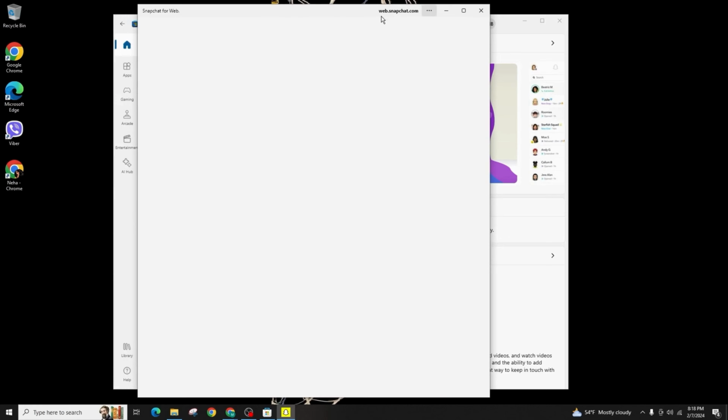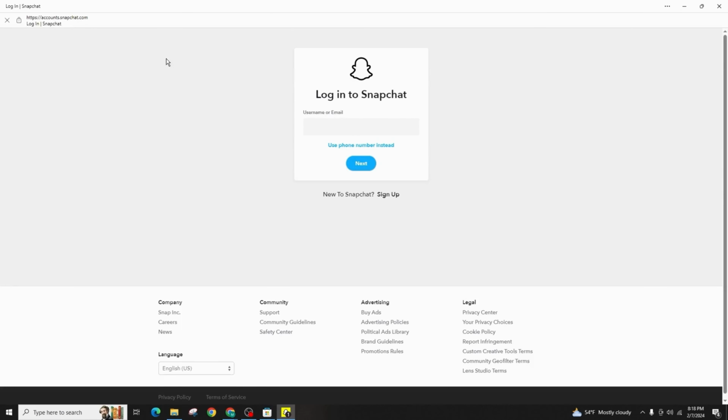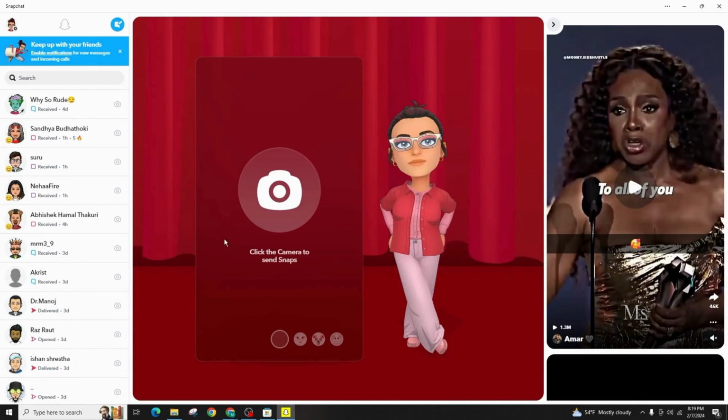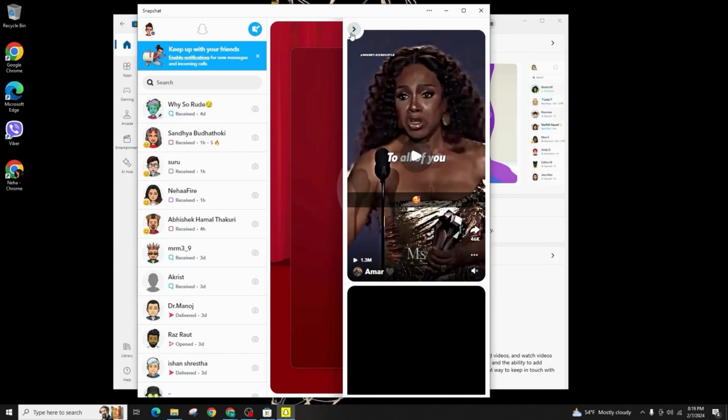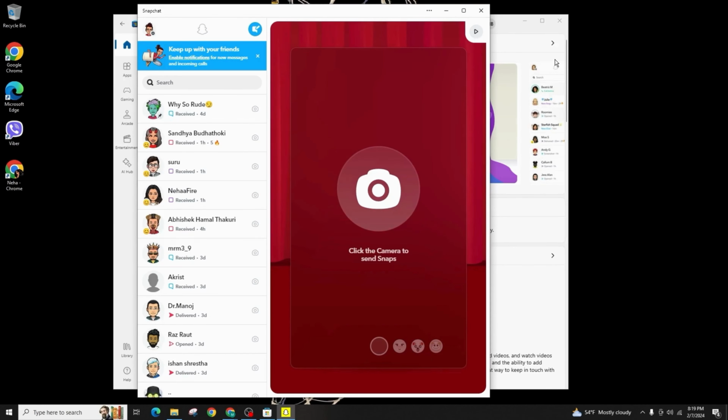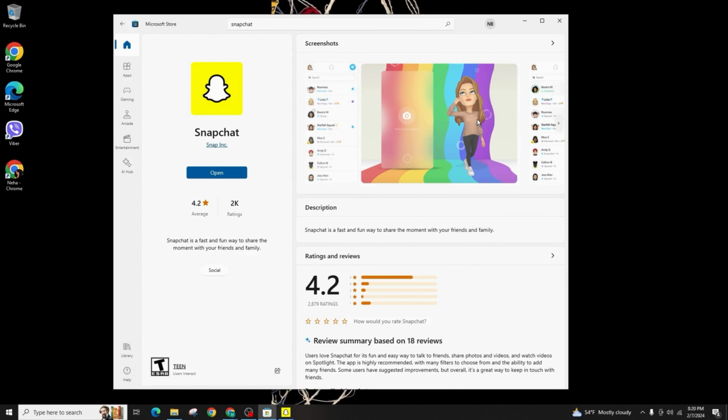And here you will be redirected to web.snapchat.com. As soon as you are redirected to the official website of Snapchat.com, input your username or email that is connected to your Snapchat account. Input your password and click on Next. Here you have been logged into your account and you can simply start using your Snapchat web on your Windows PC or laptop. So this is basically how you can download and install Snapchat in your Windows 11 PC or